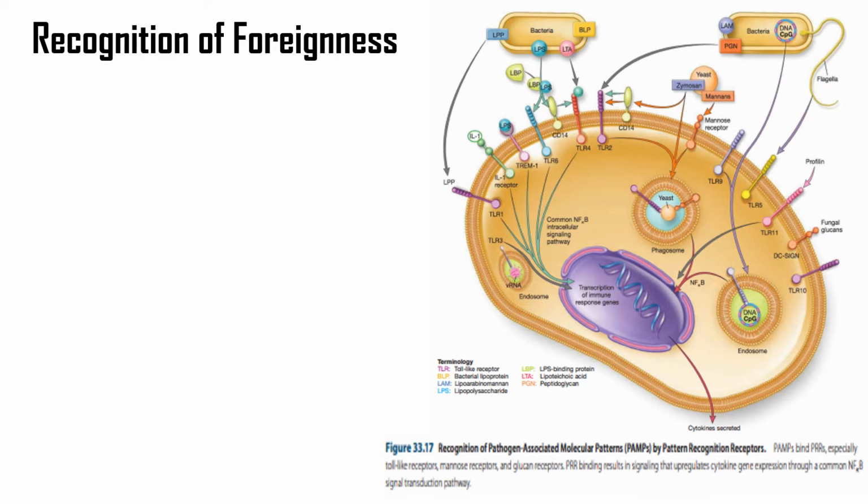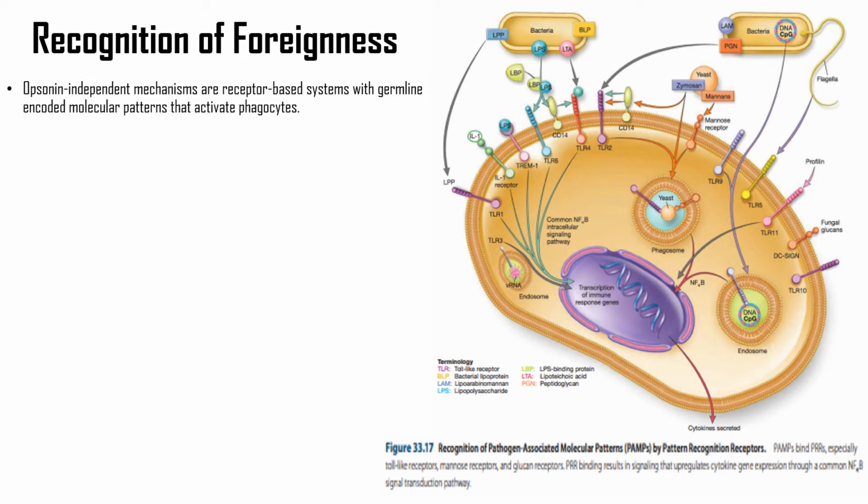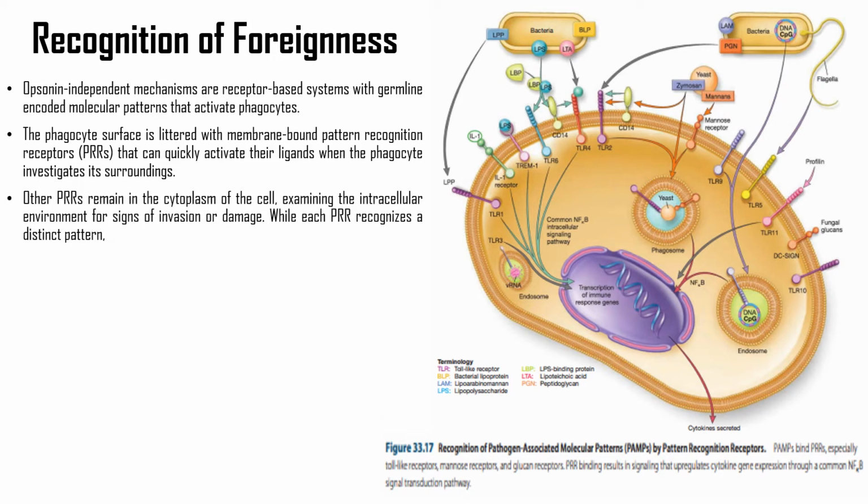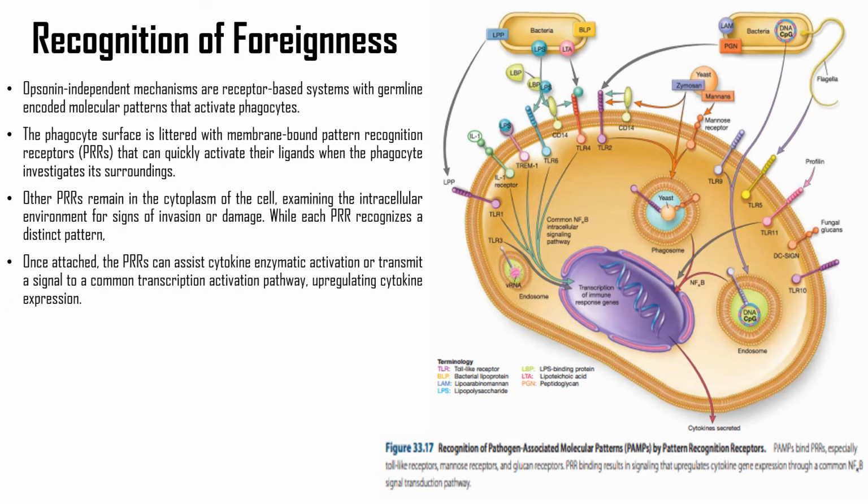So, what is recognition of foreignness? Opsonin independent mechanisms are receptor-based systems with germline encoded molecular patterns that activate the phagocyte. The phagocyte surface is littered with membrane-bound pattern recognition receptors, also known as PRRs, that can quickly bind their ligands when the phagocyte investigates its surroundings. Other PRRs remain in the cytoplasm of the cell, examining the intracellular environment for signs of invasion or damage, while each PRR recognizes a distinct pattern. Once attached, the PRR can assist cytokine enzymatic activation or transmit a signal to a common transcription activation pathway, upregulating